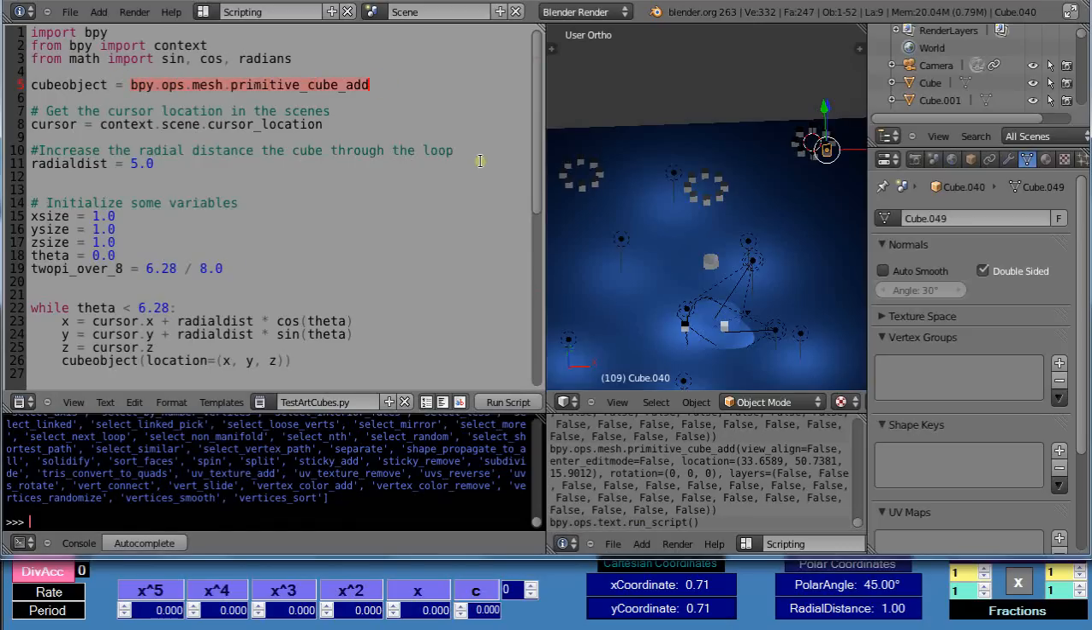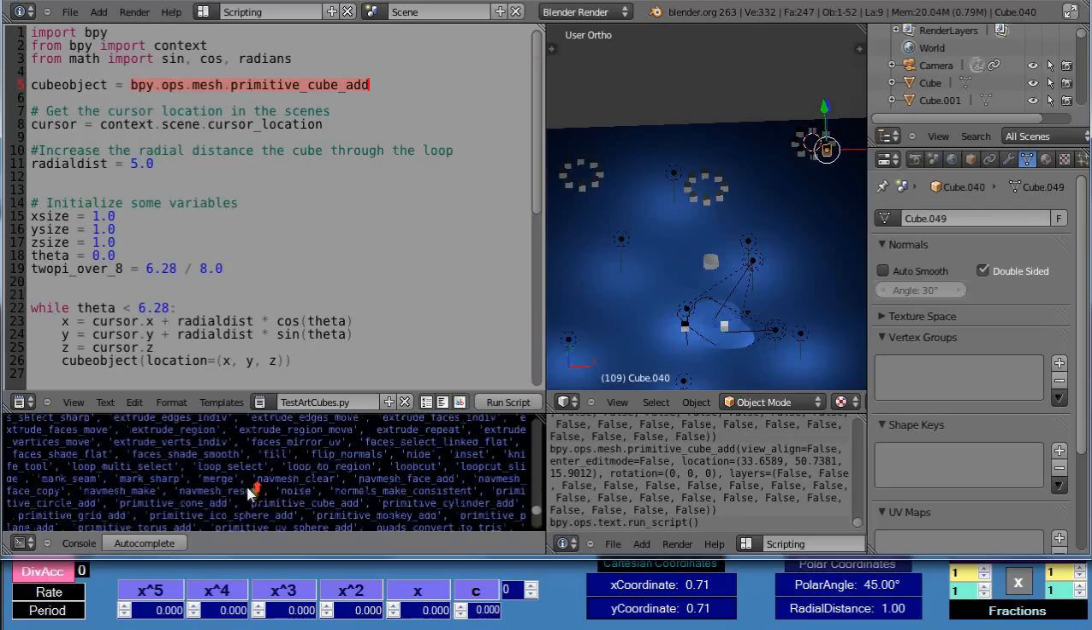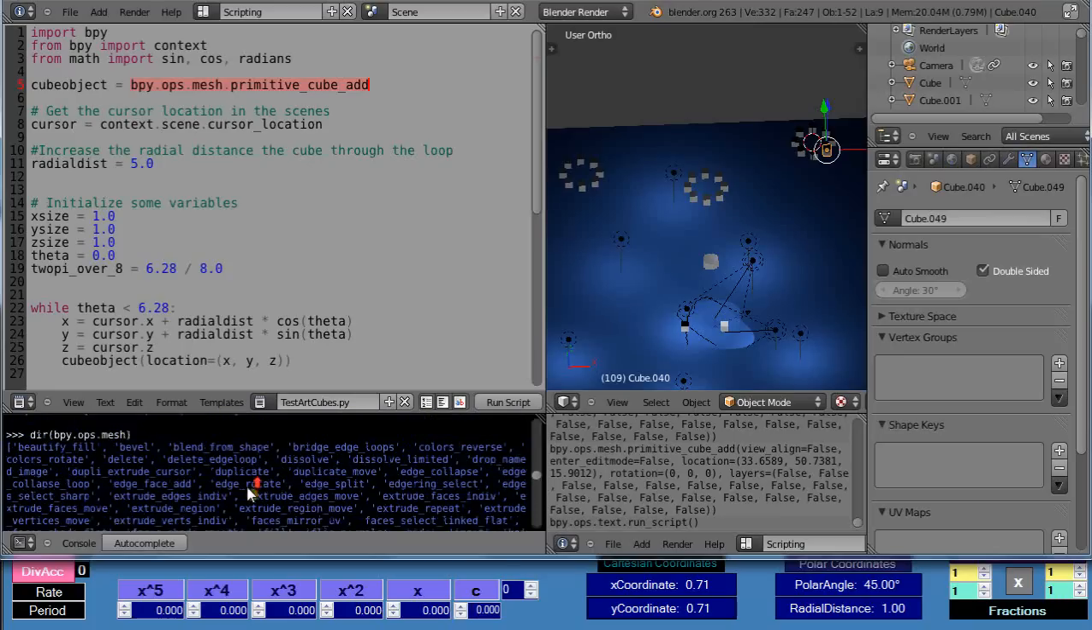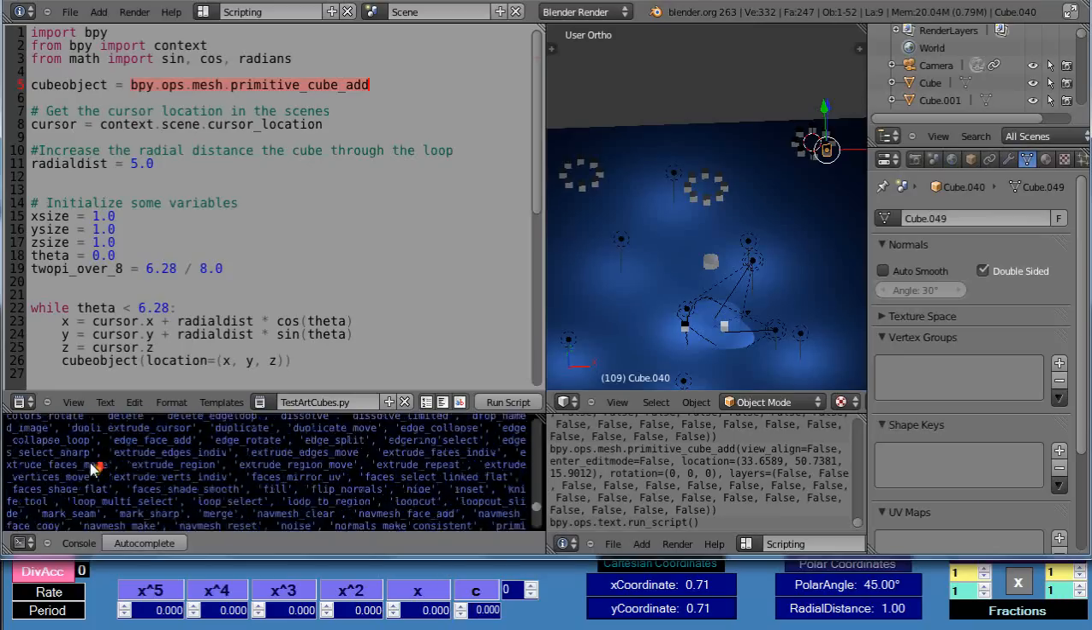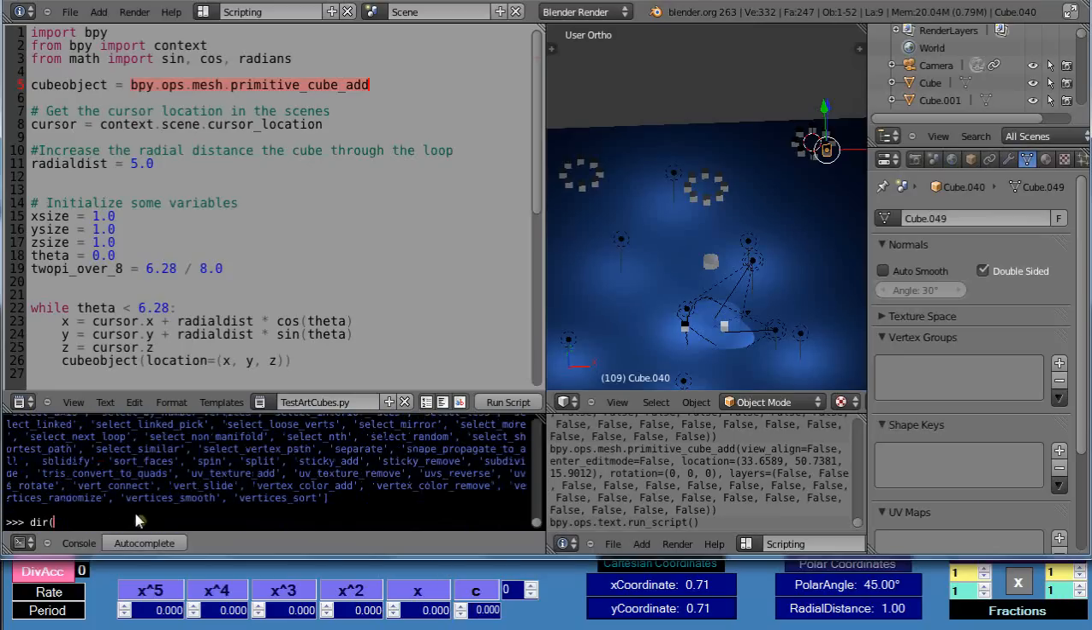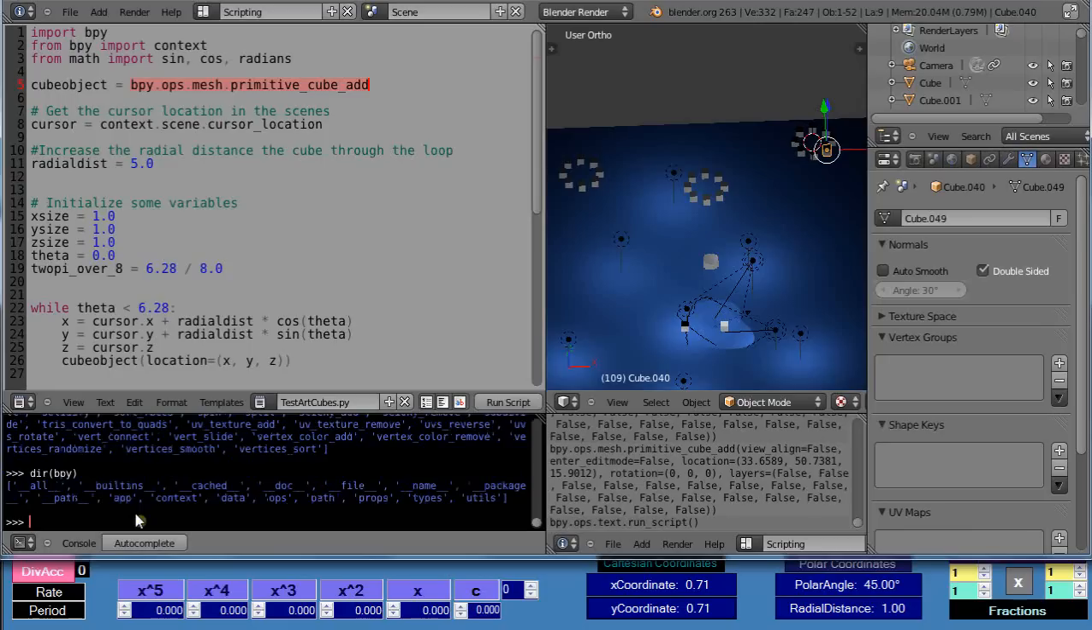bpy.ops.mesh. So I can just type in down here, well, let me see about dir, and then I can put in parentheses bpy.ops.mesh, and it'll give me everything associated with that one. Or if I just type dir, in fact, you didn't even see it happen because it just replicated what I did before. I guess I've done the exact same one before. So let's just do dir bpy. This is kind of a level above it, and it'll tell you all the things